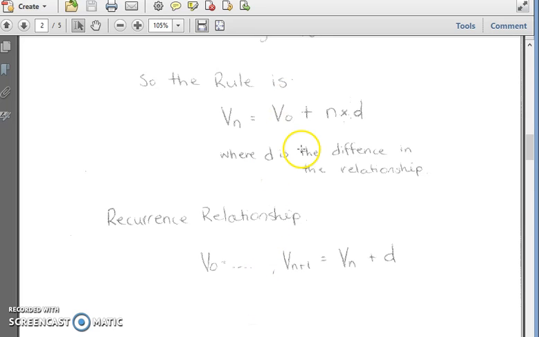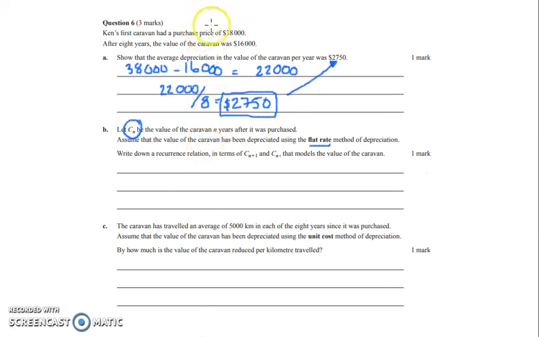relationship. So with this one, the question was specifically asking for the recurrence relationship. It didn't say the rule, it said recurrence. So we need to use this. And the difference is the value of D. That's what we need to work out, and what our starting V0 value is. So let's head back to the question. We started at the purchase price of the caravan, $38,000. So that would be our C0 value,